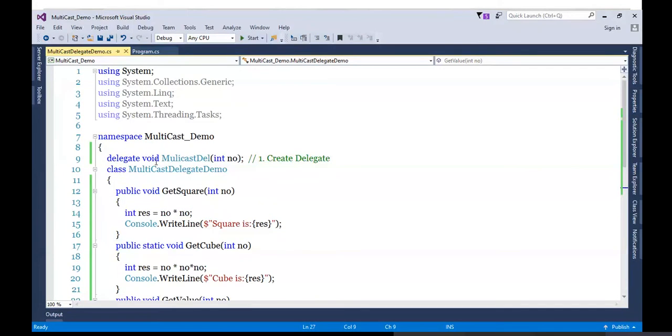Okay. Now let's give a different return type here. For example, I will just change the return type.